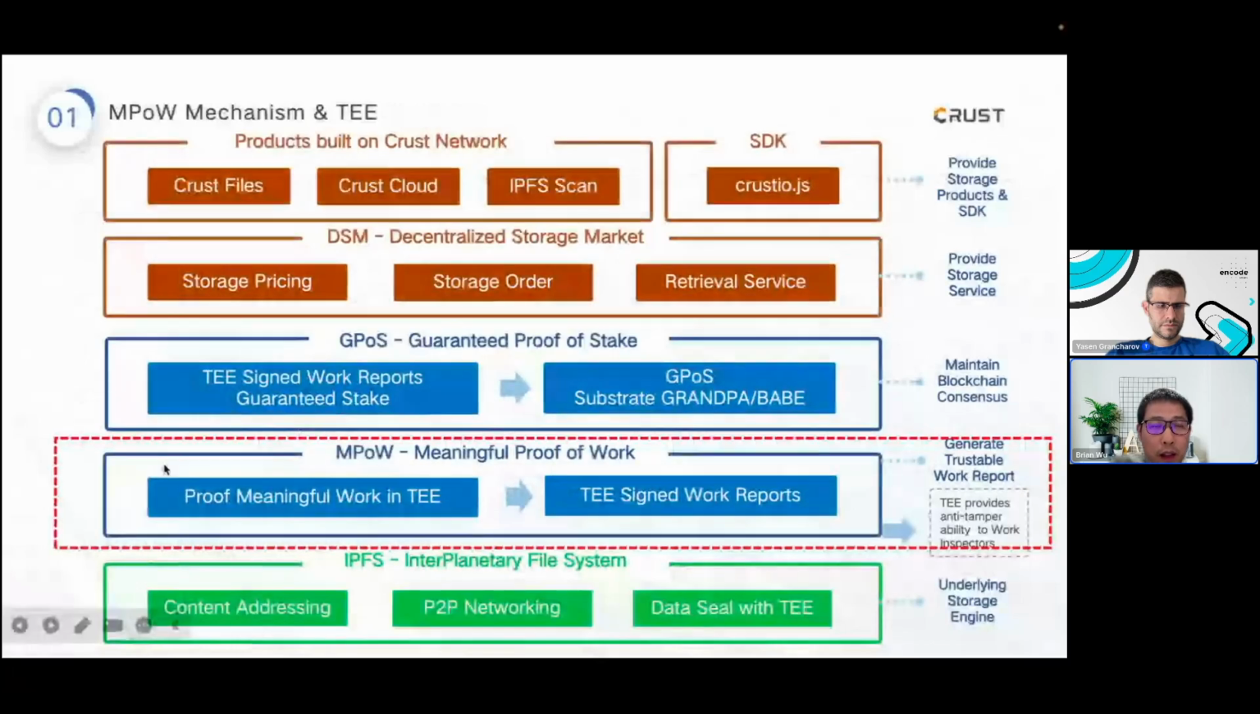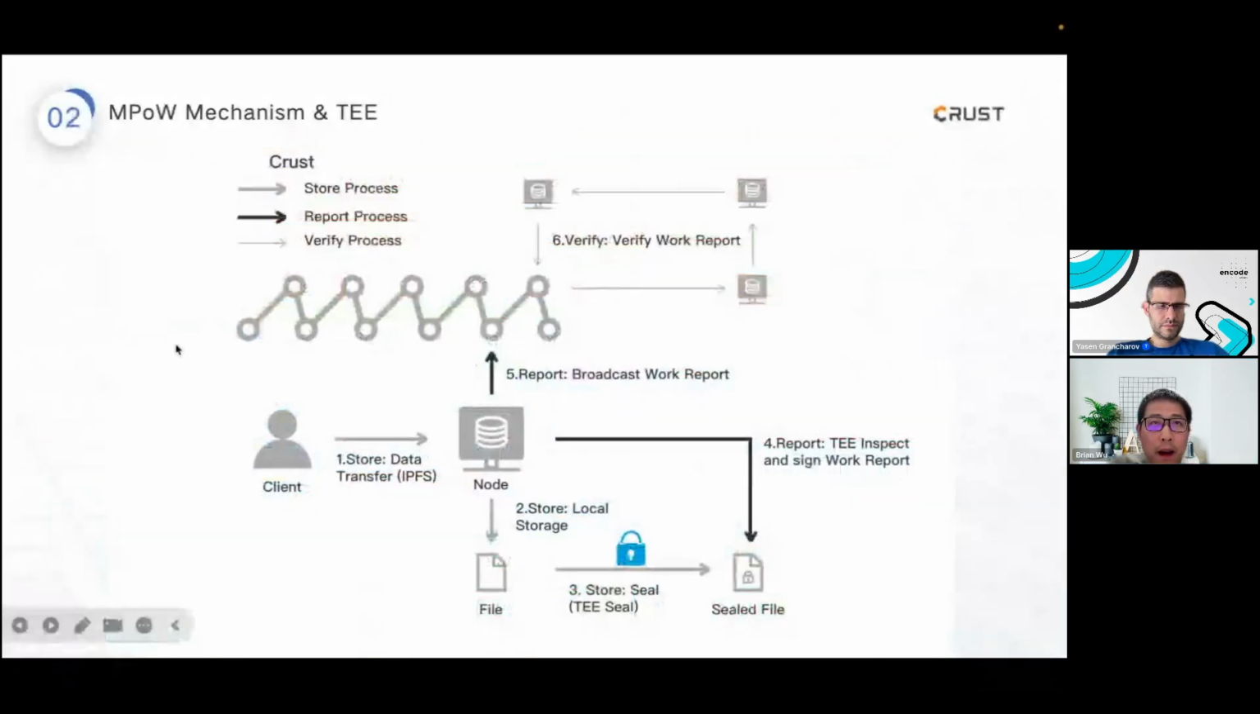Okay, now let's have a look at the second layer, the MPoW, the Meaningful Proof of Work. MPoW is a zero-trust storage proof layer. It is implemented based on TEE, the Trusted Execution Environment technology. There are three major processes: the store process, the report process, and the verify process. As you can see in this diagram, this is the store process. Data is transferred to the Crust node through IPFS, and then it will use the TEE to seal and store